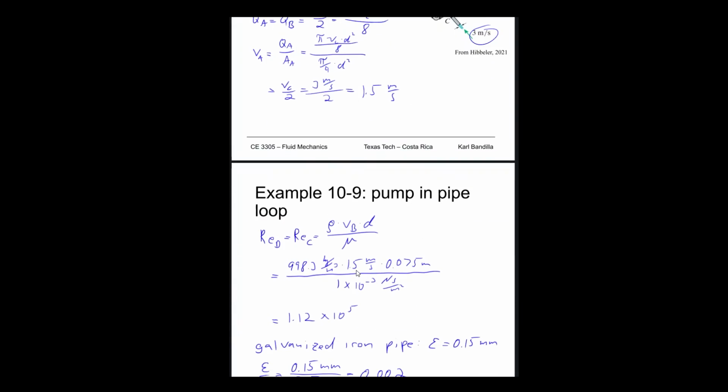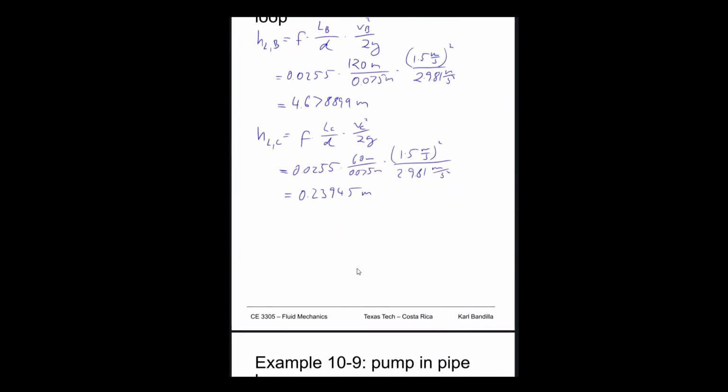So we can say that H pump will just have to be HLB minus HLC, and that is 4.67889 meters minus